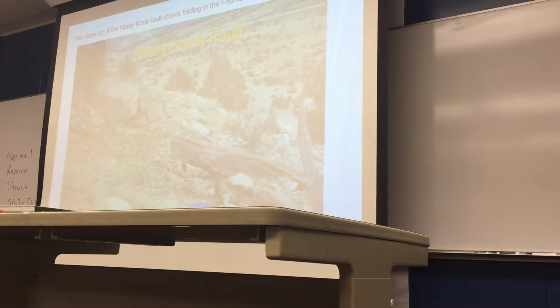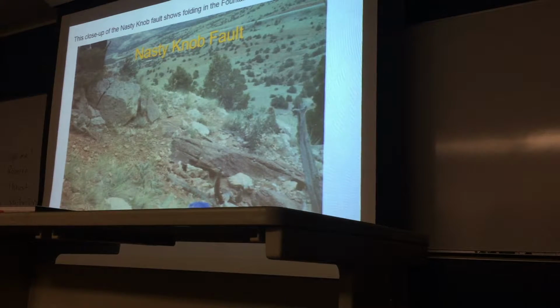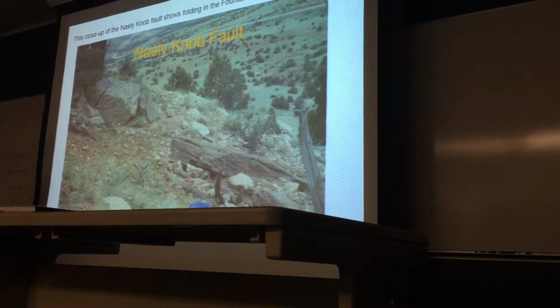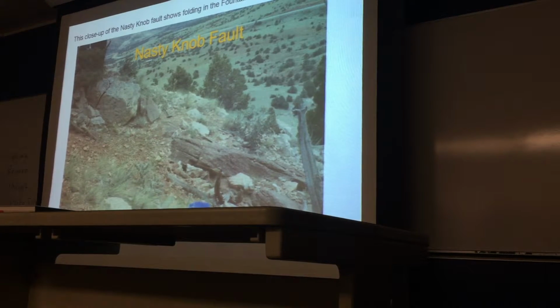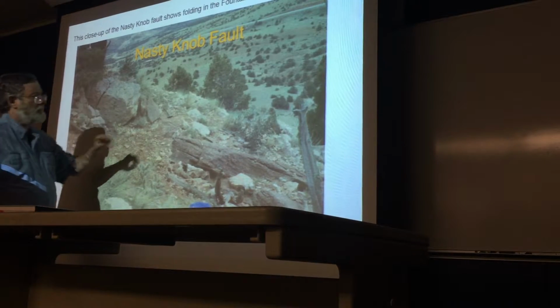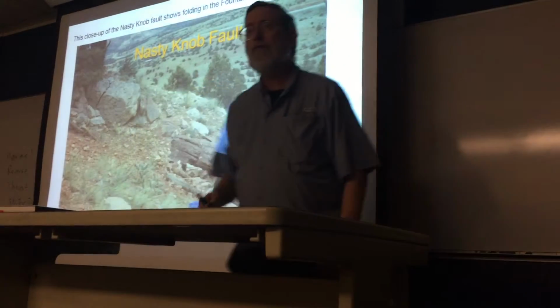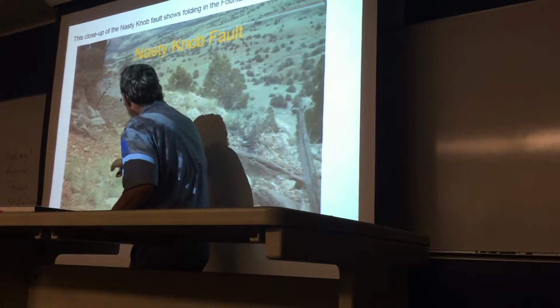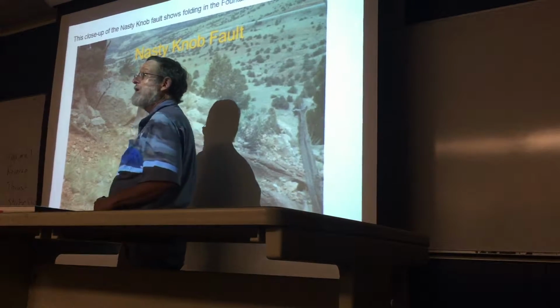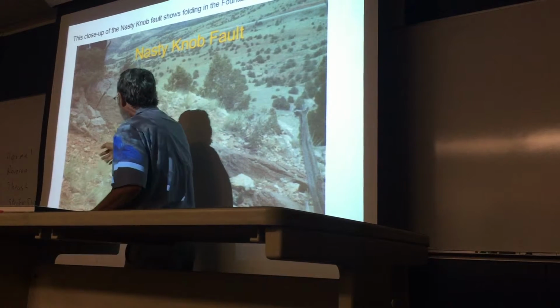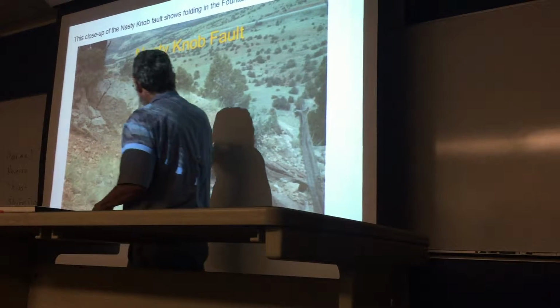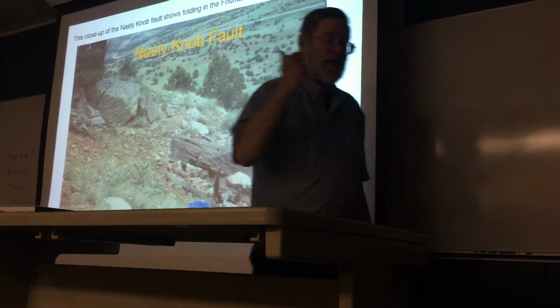This is Nasty Knob, just outside of Canyon City, Colorado. We have here the Ordovician. These rocks are Ordovician Fremont. It's a dolomite. It's a late-stage dolomite, so we determined that genetic dolomite that has preserved some of the fossil content. These rocks down here are the Pennsylvanian Age Fountain Formation, and what you can see is that these two truncate up against one another, so that we have a fault that actually cuts right up through there. There's the fault plane. This is a field sledgehammer by the name of Bertha,